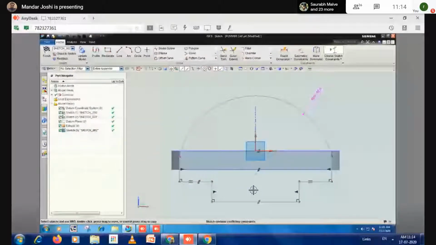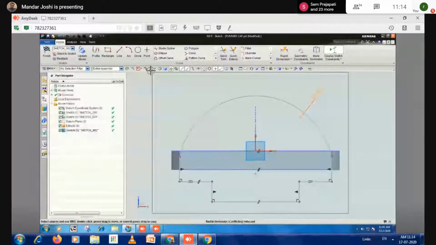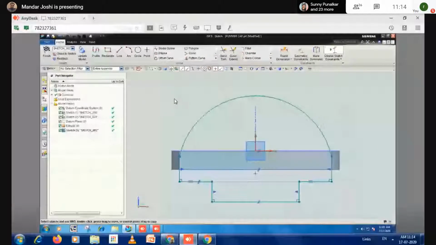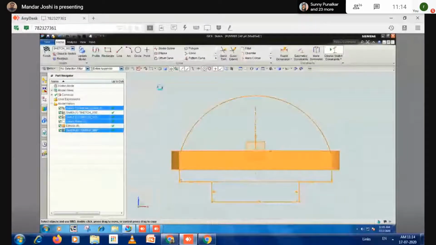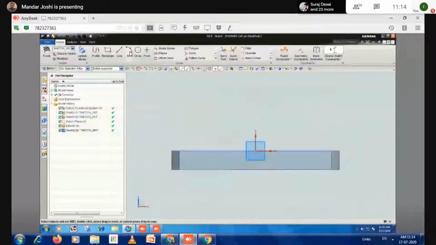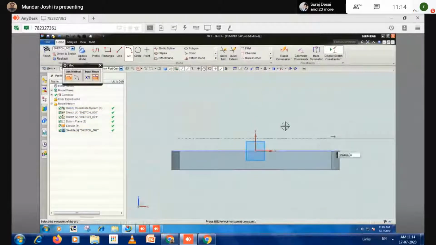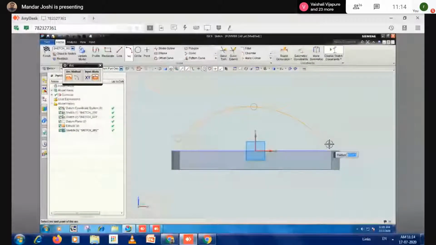Still there is an issue. Okay, we'll do it from the start. I delete everything. I create an arc first. That radius is 48.